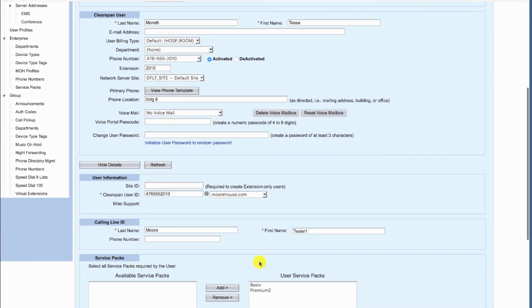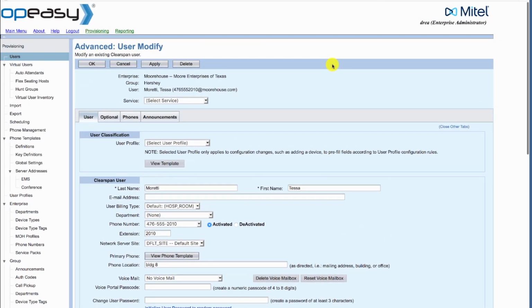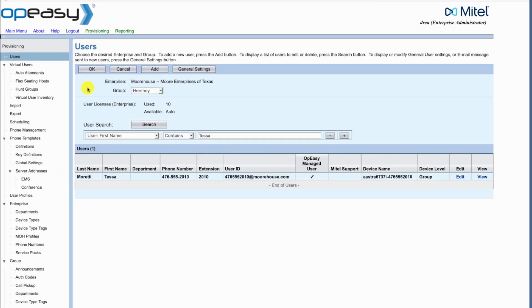Scroll back down, you'll see that now Tessa will have basic and Premium 2 service packs. Scroll back up, click OK. Now Tessa has the shared call appearance service. Now we go back to the original user again